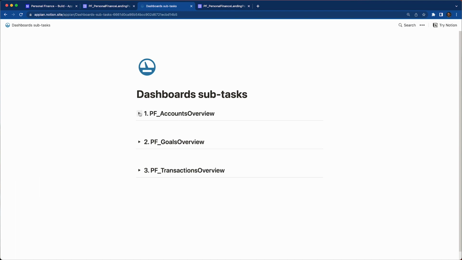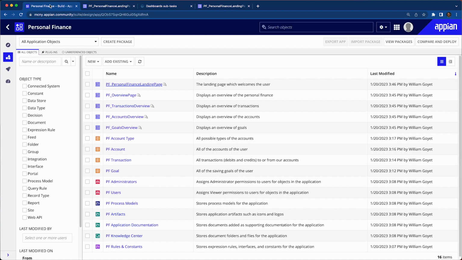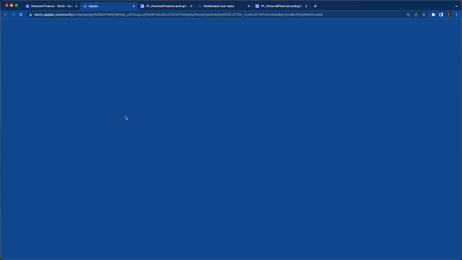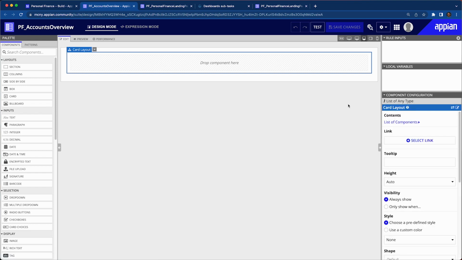For each, I'm going to show you how to do those things. We're going to start with the accounts overview, and I'm going to be opening up the accounts overview here. Here we're going to make sure that the data is there first, and we're going to be using a bit of expression mode, but also we're going to try to use design mode. So one thing that I want to do right now, just to get in the style of it,